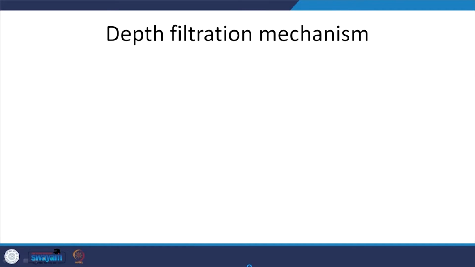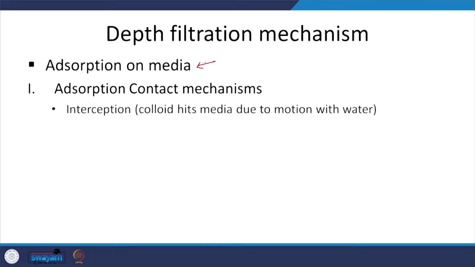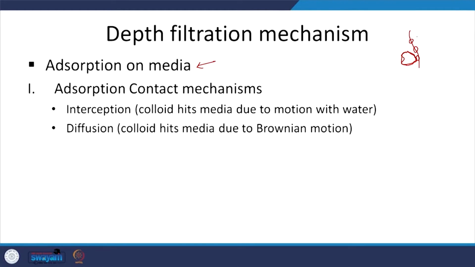So, depth filtration mechanisms. We are going to look at adsorption onto the media, and adsorption contact mechanisms. It can be by interception, where the colloid hits the media due to the motion of water. Let us say my particle is out here and the water is flowing near the media. This is my media, and the colloid coming along with the water will be intercepted. And diffusion, as in, due to thermal energy,